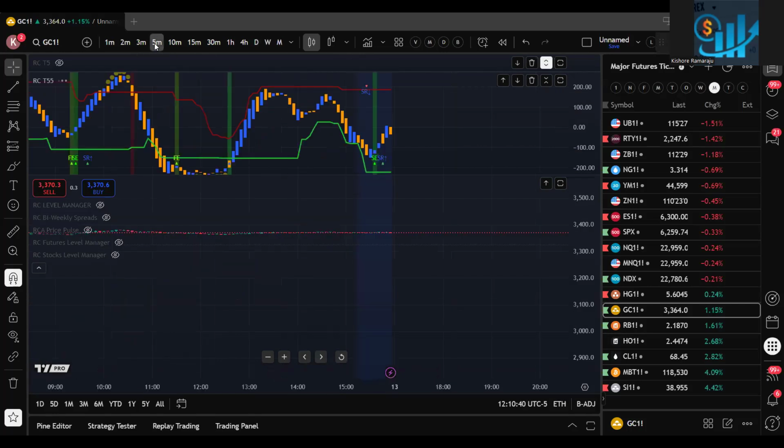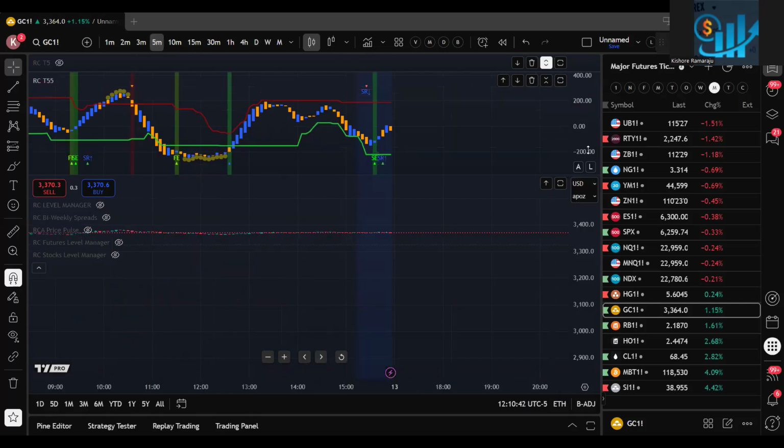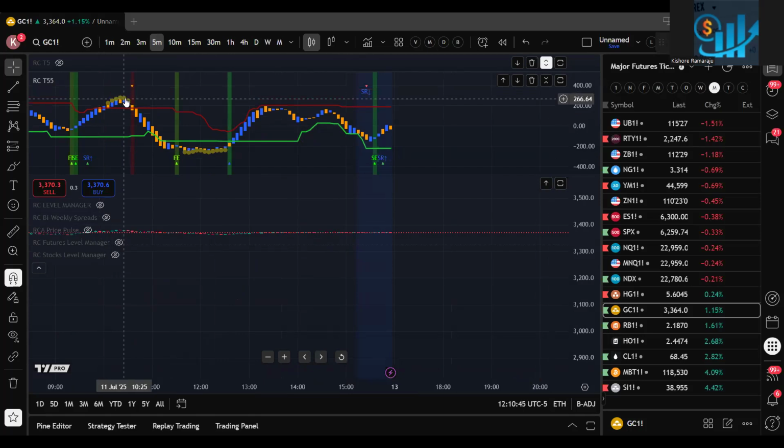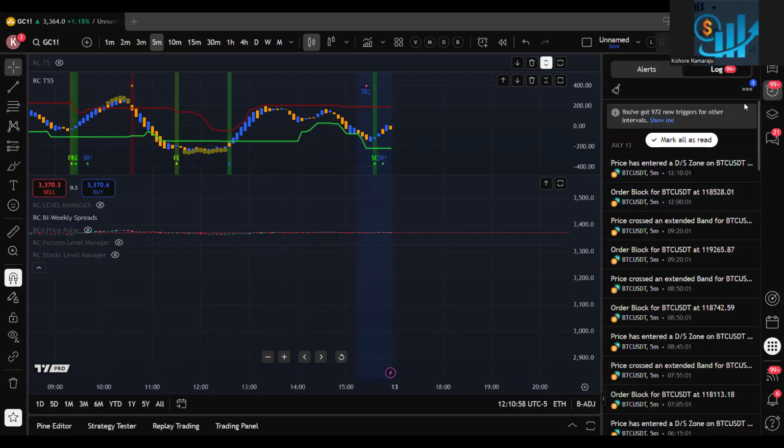You can even do the same thing in 5 minutes. In 5 minutes also, if it goes all the way to the top, you can take a shot. If it goes all the way to the bottom, you go long like that. So there is one more, right? The last indicator called biweekly spreads. For example,